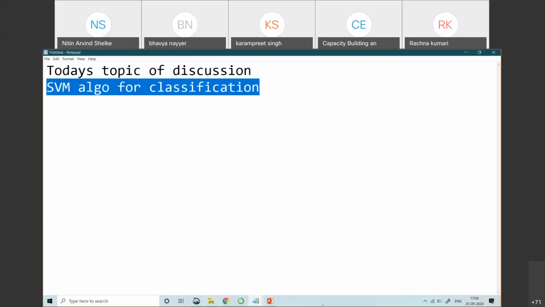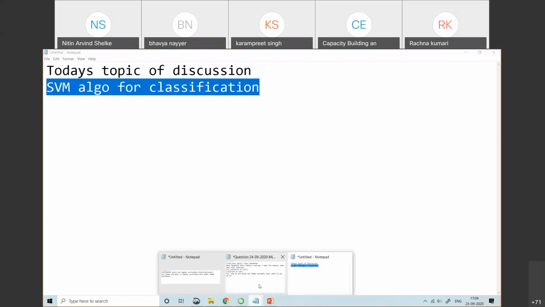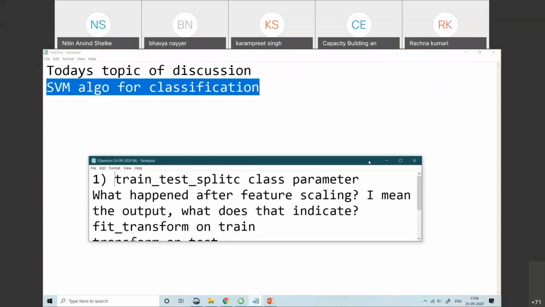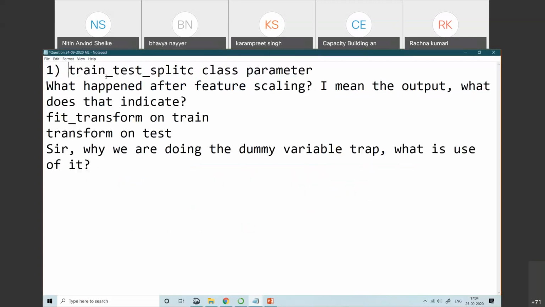Okay, but before that, let me just take the questions from the last class. The first question is related with the train test split class parameter.